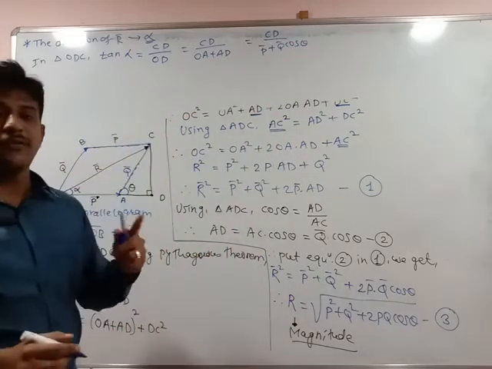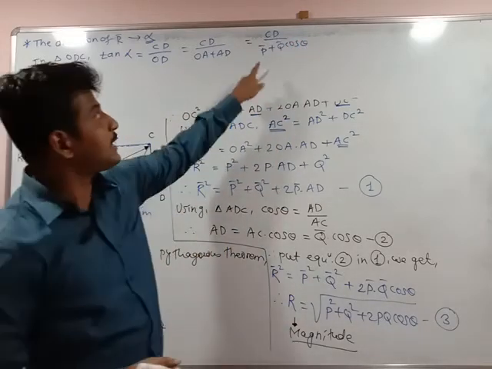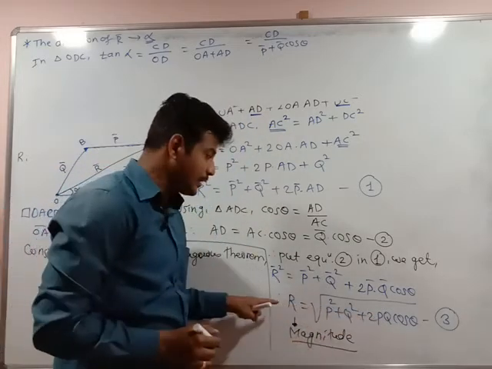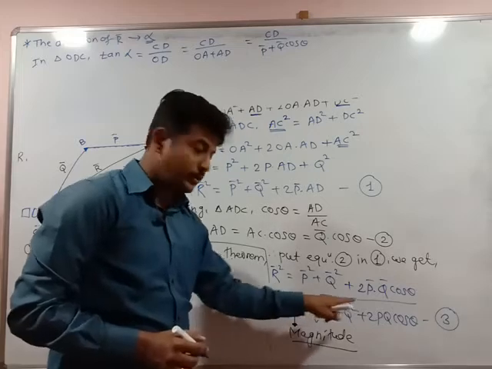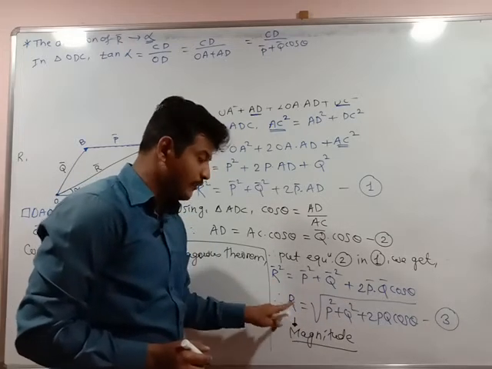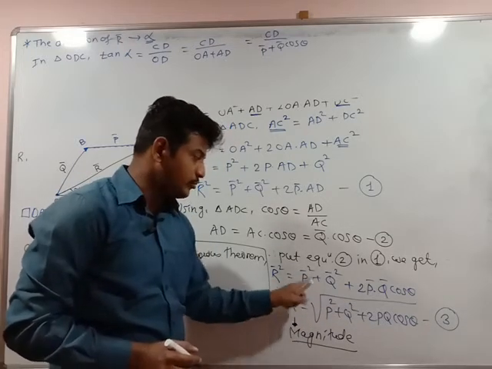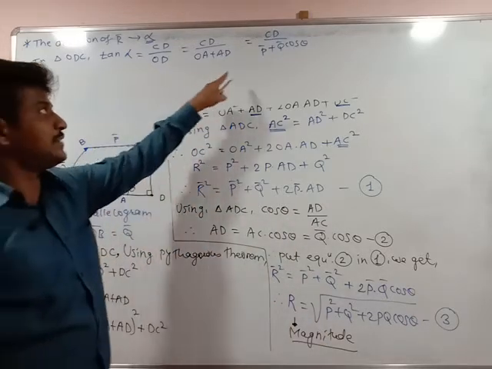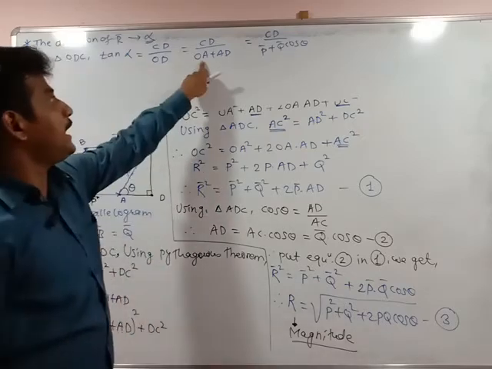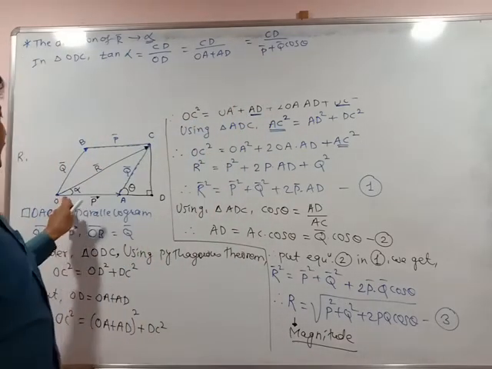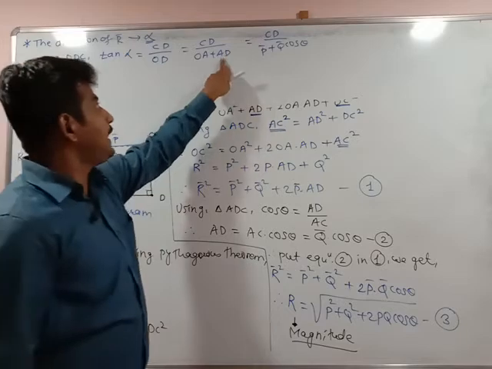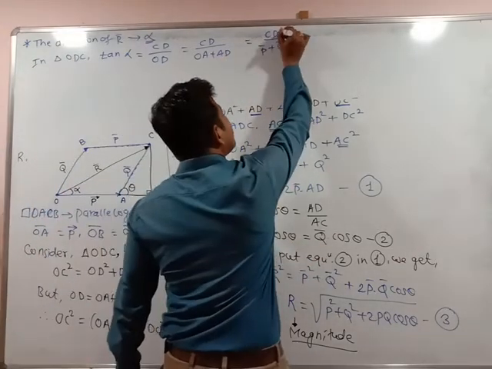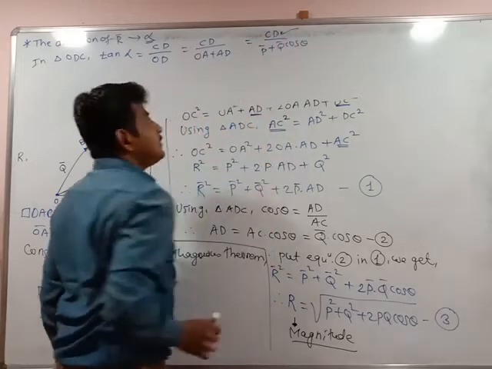See, here we are going to find the direction. That's why we keep it as a vector. Earlier, in the equation there was only magnitude, so we did not keep any vector notation. Instead of R bar square I wrote only R, and instead of P bar square I wrote only P square. That is the magnitude. Now to find direction, you should write P bar and Q bar. So OA is P bar, and AD is Q bar into cos theta. We are going to find the value for this CD.